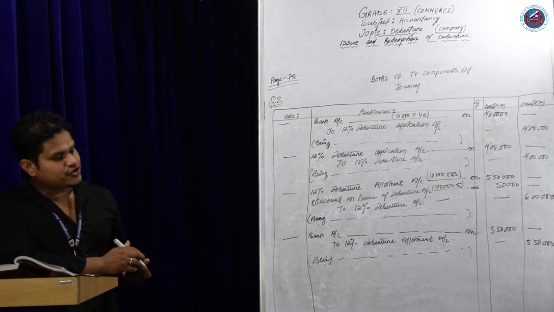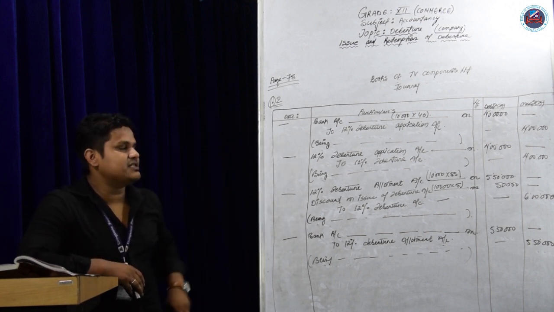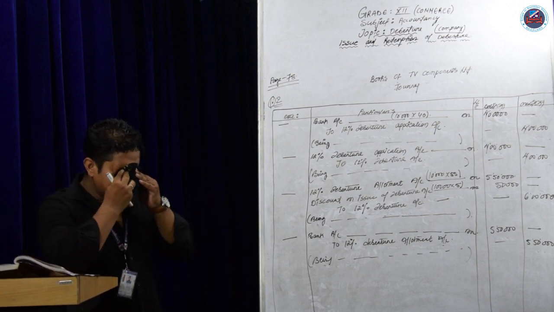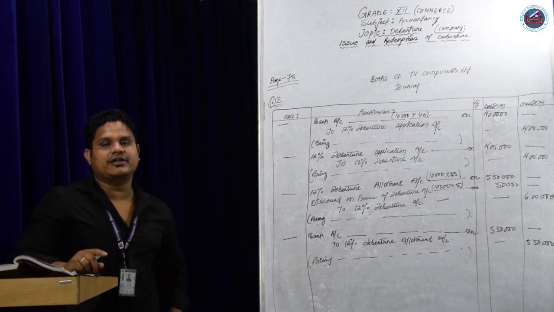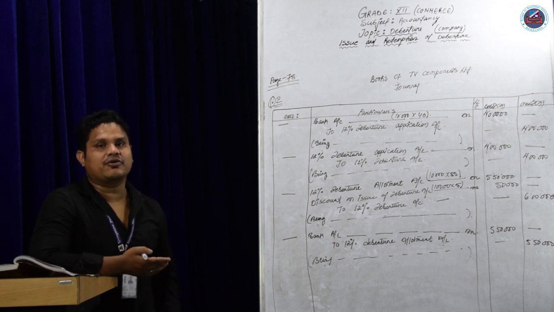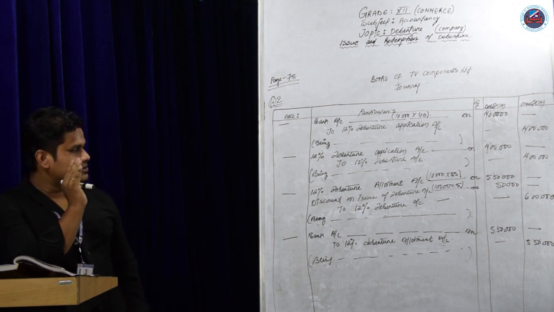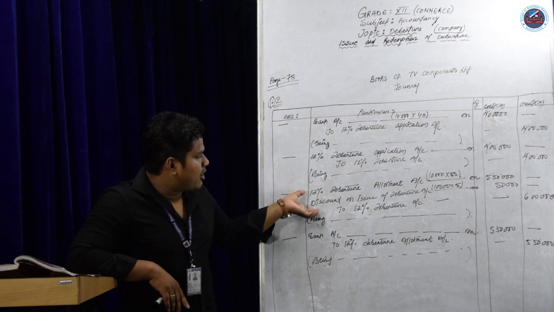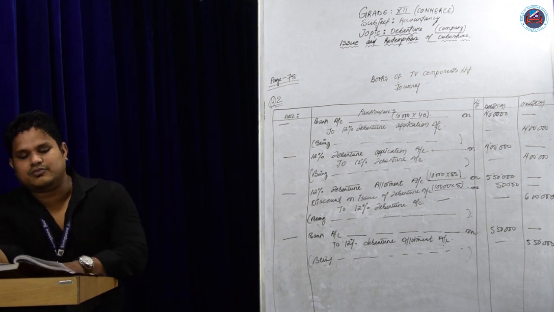Okay, and there are 2 installments. So for 2 installments we have to give 4 entries: for application 2 entries and allotment 2 entries. But the question arises, why do we give the discount entry? The discount entry will be given in allotment while you are asking for the amount of allotment. There is a due entry, and discount is a company's loss, so we have to give it on the debit side of the company's account. Now I will try to solve one more question.